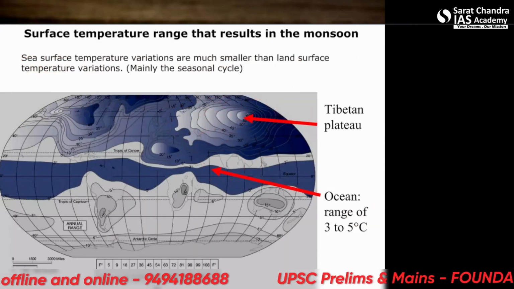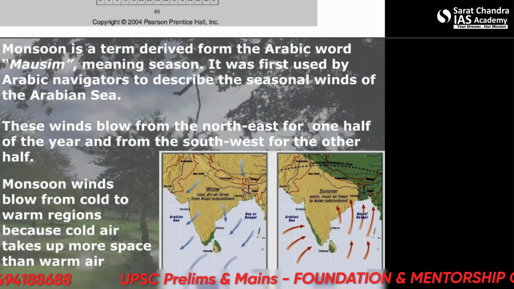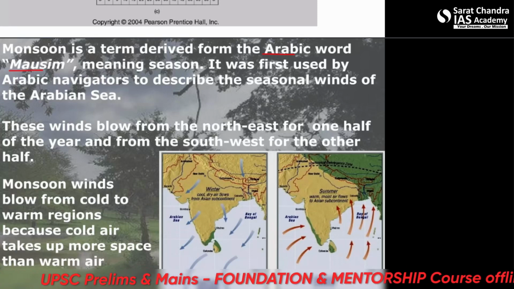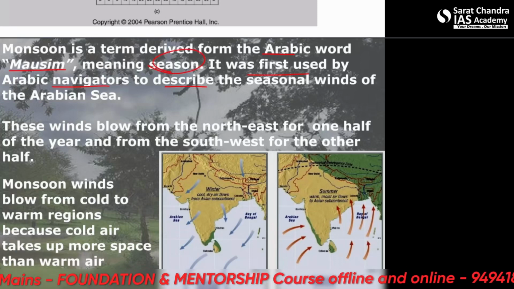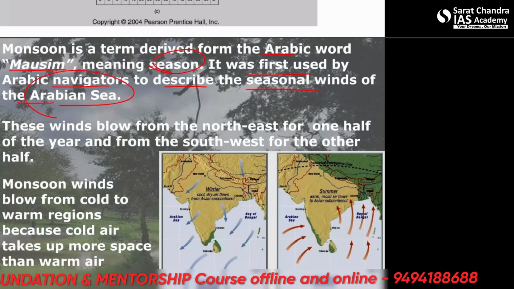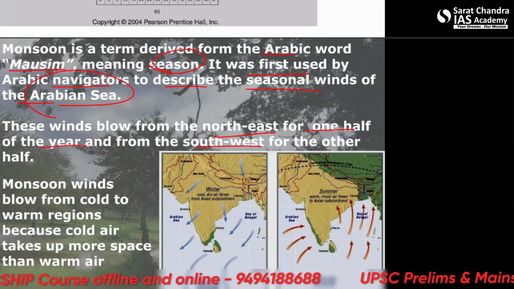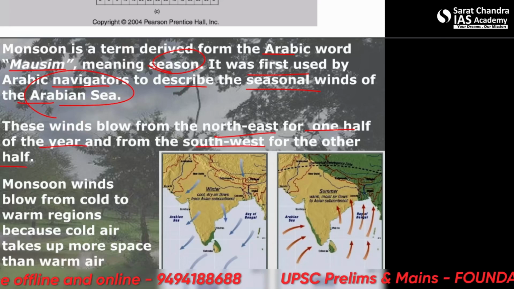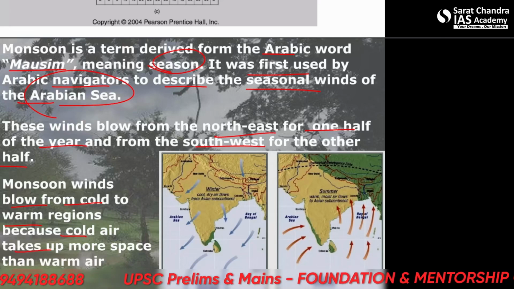All right, so let's move here. When we come to the monsoon, it's a term derived from the Arabic word Mausim, meaning season. It was first used by Arabic navigators to describe the seasonal winds of the Arabian Sea. These winds blow from the northeast for one half of the year and from the southwest for the other half. And monsoon winds blow from cold to warm regions because cold air takes up more space than warm air